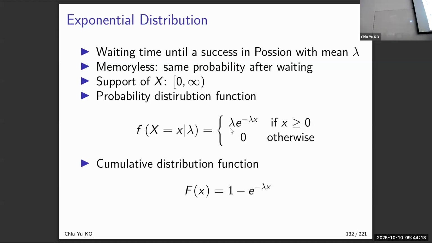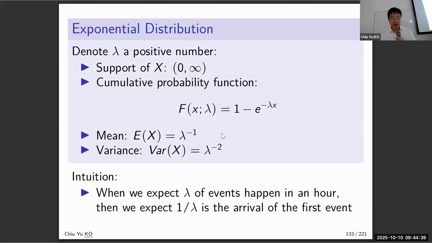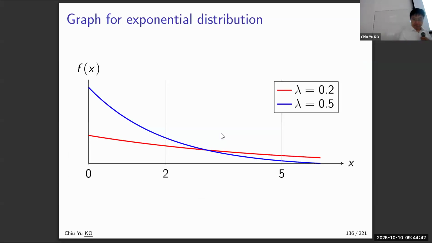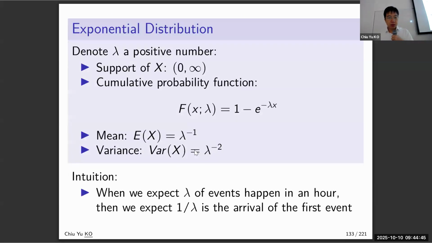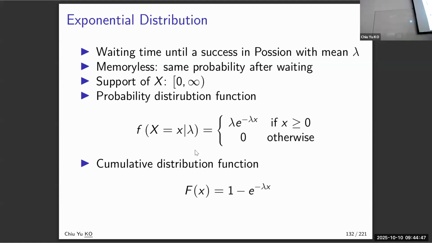So the exponential comes from the idea of the Poisson. The Poisson probability asks how many people arrive within a period of time. The exponential is the time it takes for something to happen, in this Poisson idea. The important part is that the function looks like this, a decreasing curve. And just to remind you, the exponential waiting time has